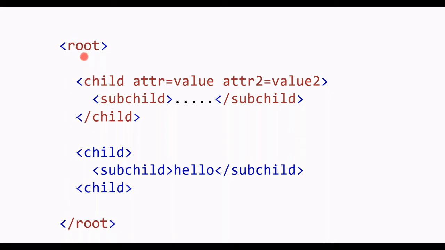Like this, you can have a depth of more than 10 or 50, any depth you want. Here I have taken only a depth of 2. The first depth is root to child, the second depth is child to subchild. If you consider my second value also, it is root to child to subchild.